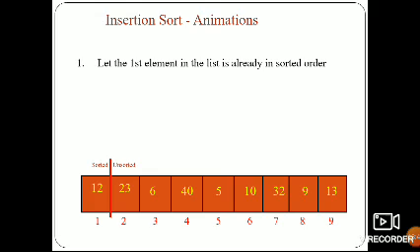Okay, now we have to see 12 is sorted, 23 is unsorted. Which is sorted and which is unsorted, we know that. Sorted means we have to arrange, unsorted means we do not arrange anything. Try to insert the second element in the sorted list. The first element is correct only.